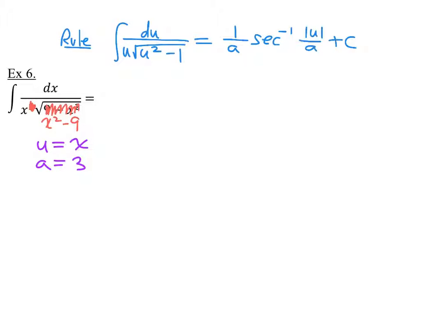And so my answer would be, wait for it, 1/3 inverse secant absolute value of x over 3 plus c. Is that a valid move on the test? That sure is. Which is what I was talking about before, where I was saying I'm not going to necessarily